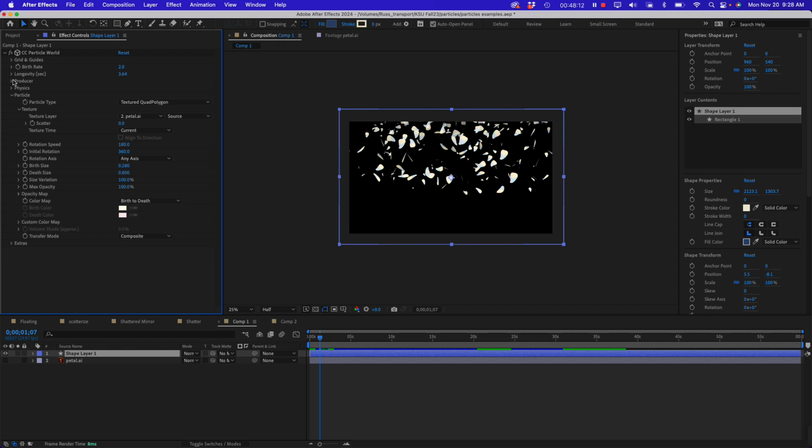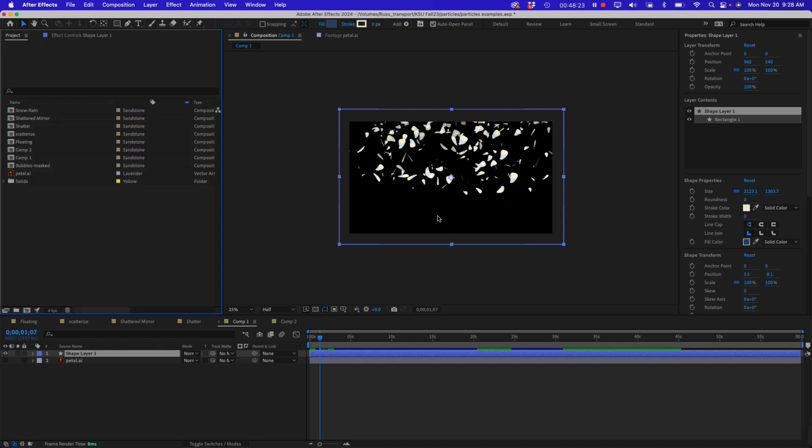Like everything else, though, these are all just tools, and they're designed to work with other items. Although you can use them by themselves, you get the best results when you combine them with other stuff. All of our effects are stackable. And all of our concepts of masking, different things like that, where white is opaque and black is transparent, still apply. So I can create a particle system